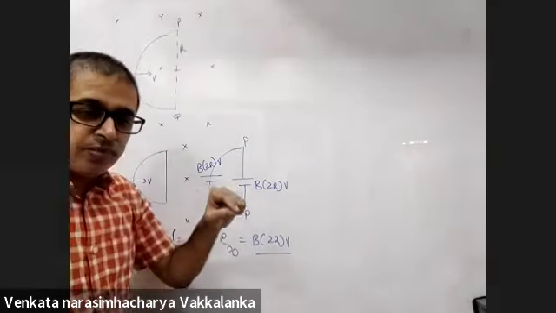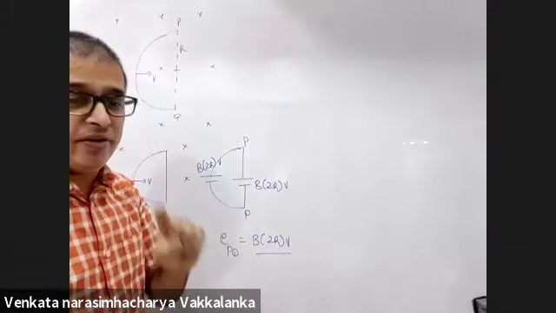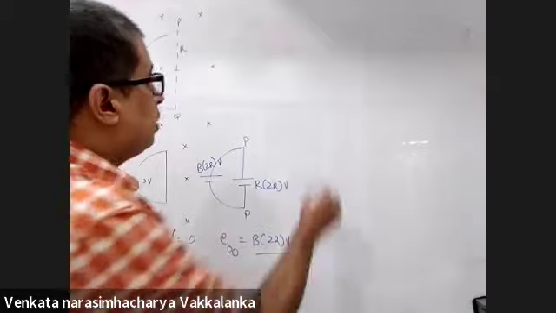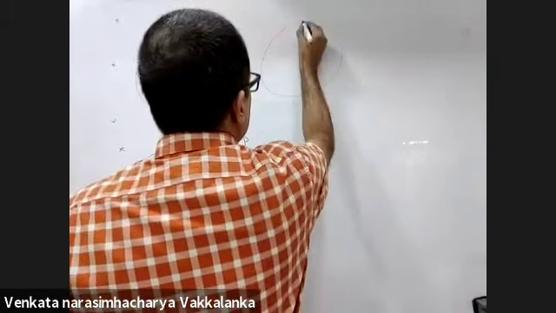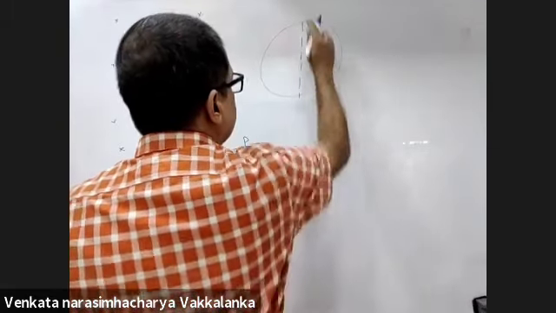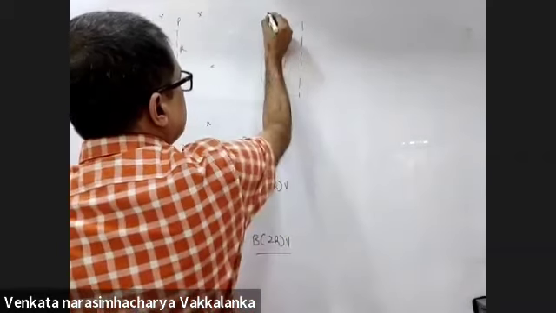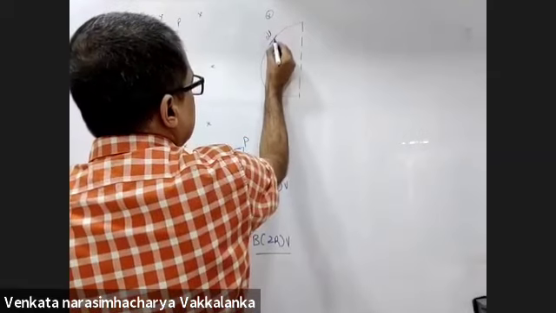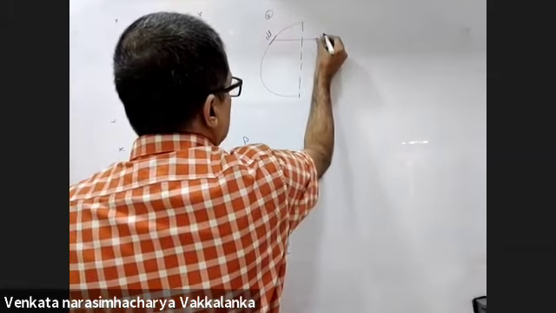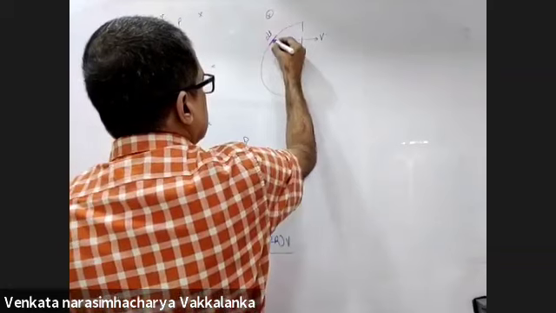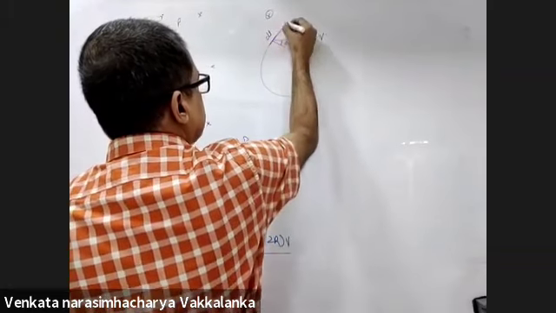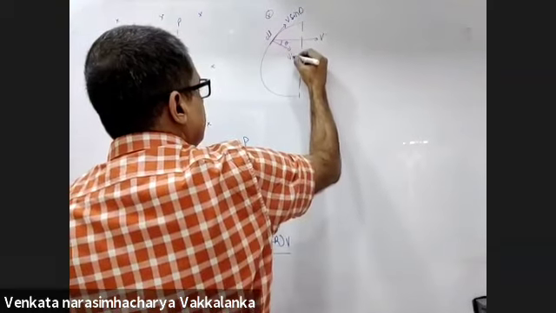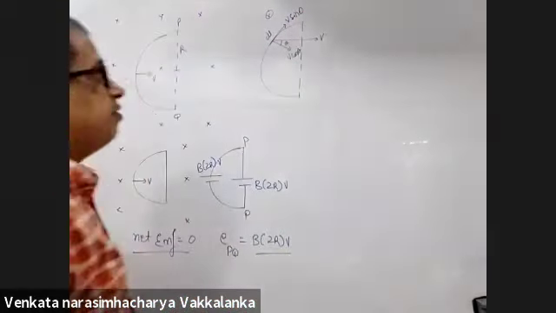Here, because I took a semicircle, I have an alternative way of dealing with it. If it is an irregular shape, this will be the only way. Because I took a semicircle, what will be the alternative way that you will deal with it? Observe this. You have a magnetic field. I considered a length dl. This is having a velocity v. This will be theta. This will be v sin theta. And this will be v cos theta. Do you agree with this?